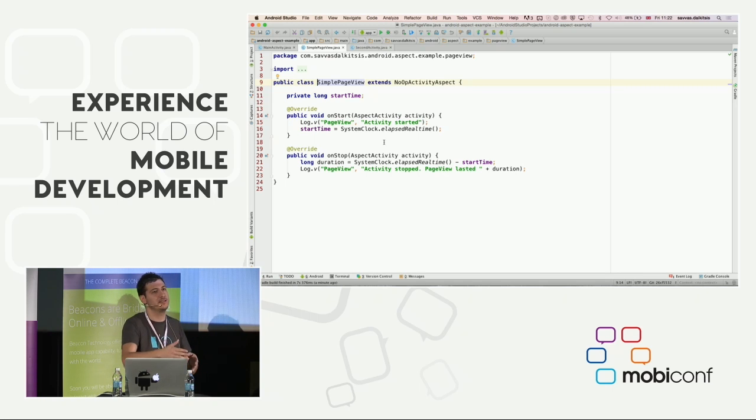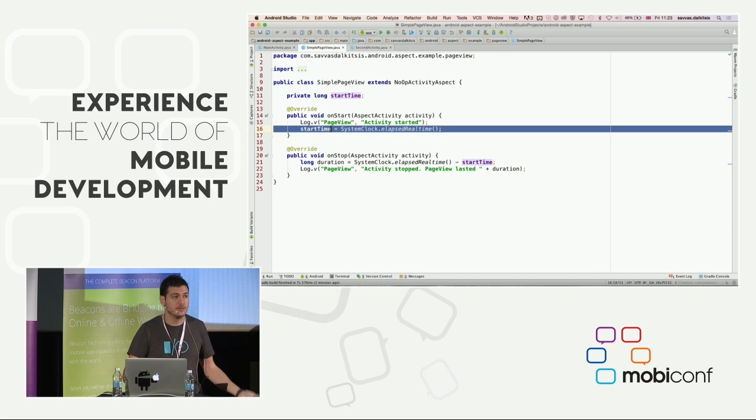So when you extend an activity, you can change its behavior from its child. Well, that's the same true for any Java object, but here you don't have access to that. You only have access to the public interface of that activity. And if you, let's say in this case, we override the onStart, if you have two aspects that override that callback, they don't step on each other's toes. They get executed sequentially.